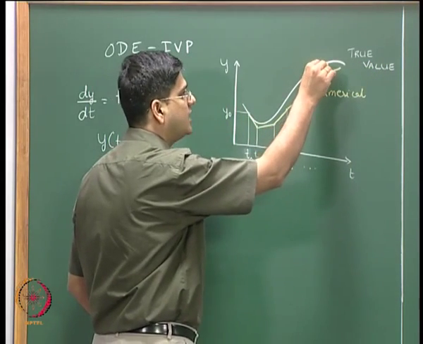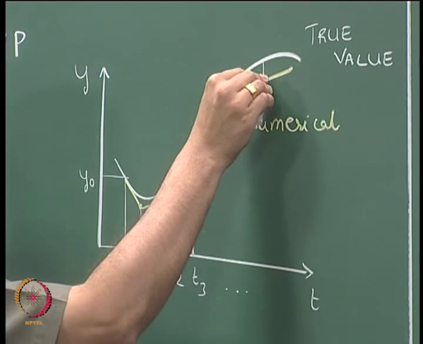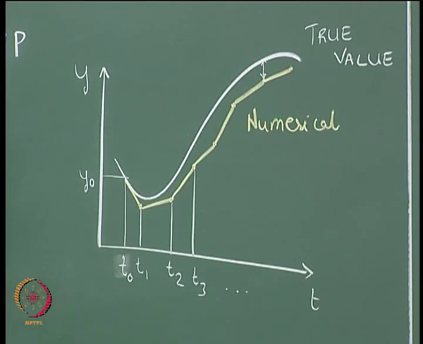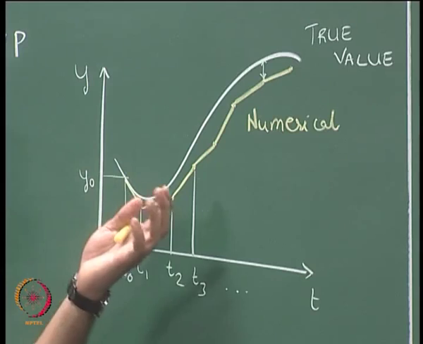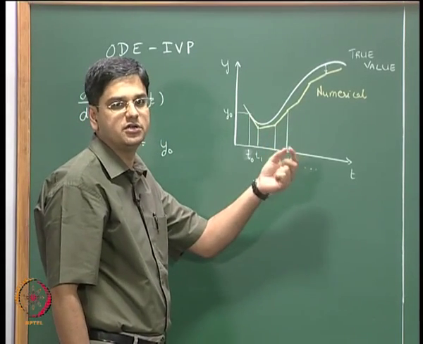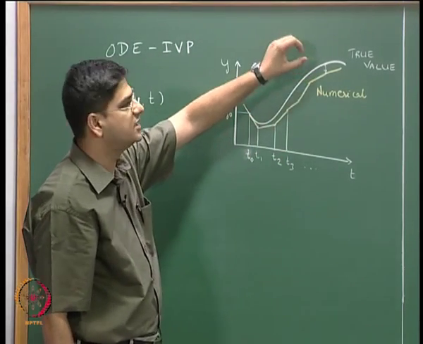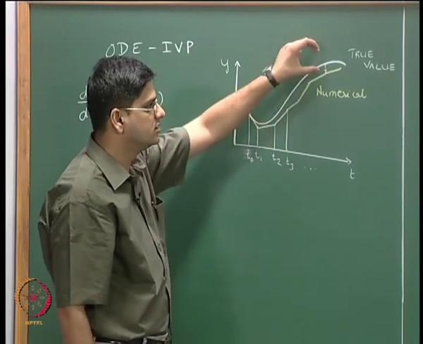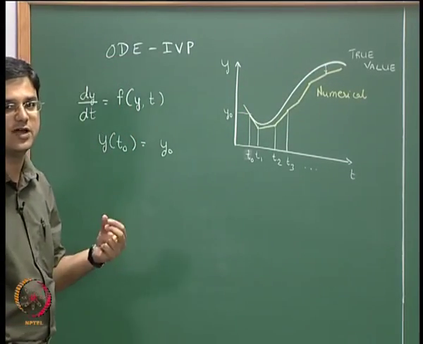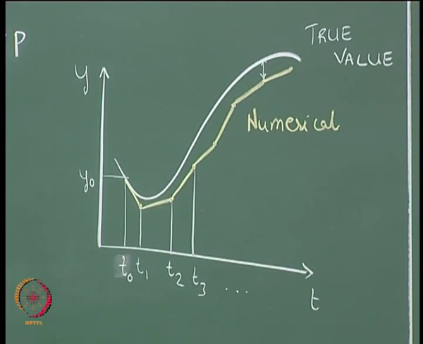As we have been doing throughout this particular set of lectures, the difference between the true value and the numerical solution is the error. The objective of the several ODE solving techniques that we are going to consider in the next few lectures is to use a method that is going to minimize this error, this deviation between the numerical value and the true value of that integral. So this was the idea behind using this numerical technique.